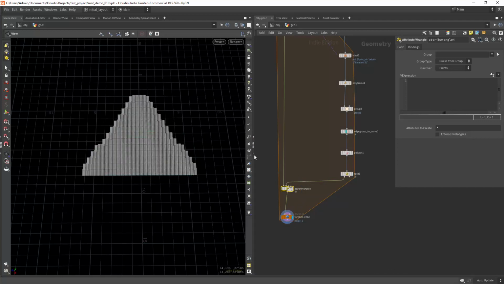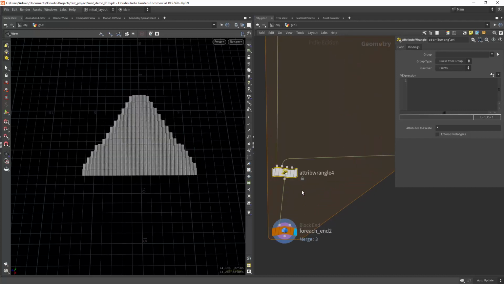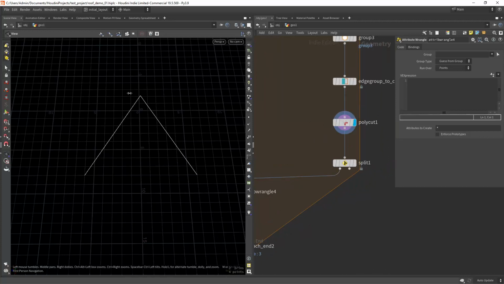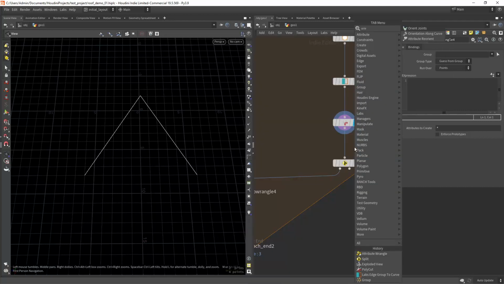So what we can do is, first of all, we will need to orient first the two curves. So let's do orient along curve. So orient along curve